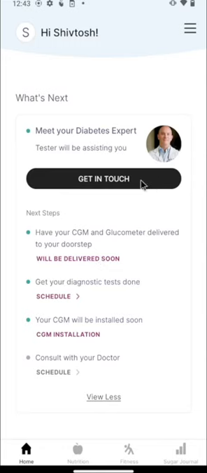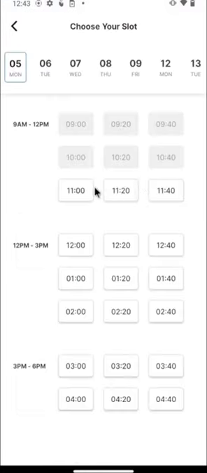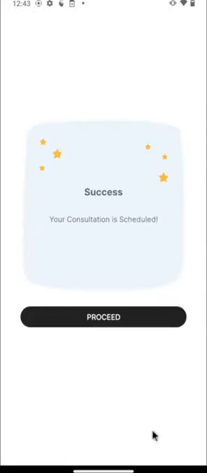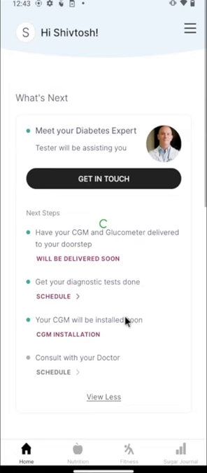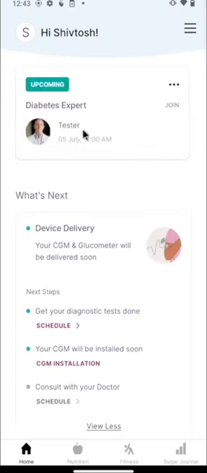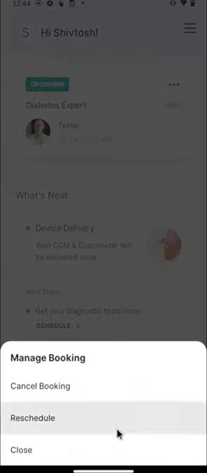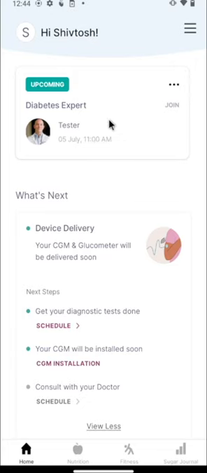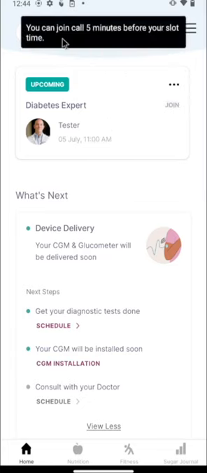And now it's your turn. Start by booking a consultation with your diabetes coach. It is as easy as clicking on the Get in Touch button on the app. You can select a date and time slot of your choice and you are done. A consultation has been booked and it appears as a reminder card on the top. At the scheduled time, the join button on the card will be activated and you can do a video call